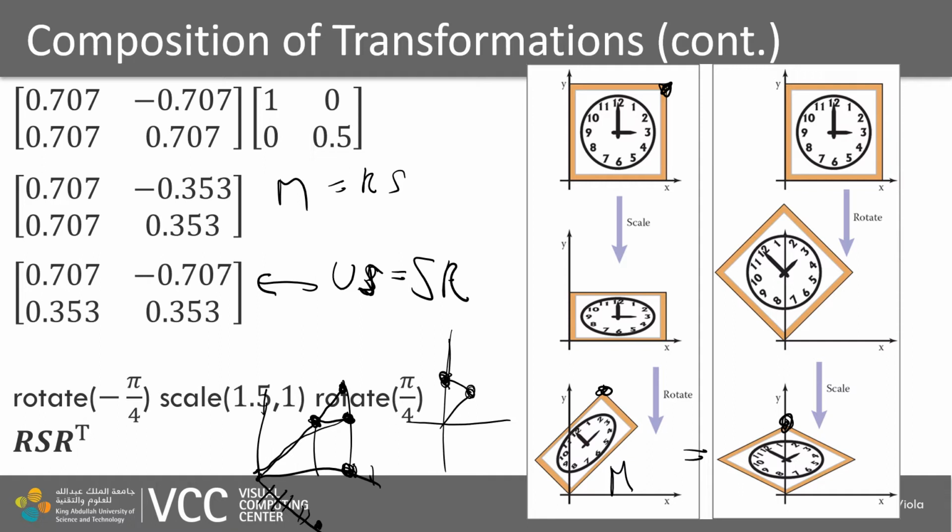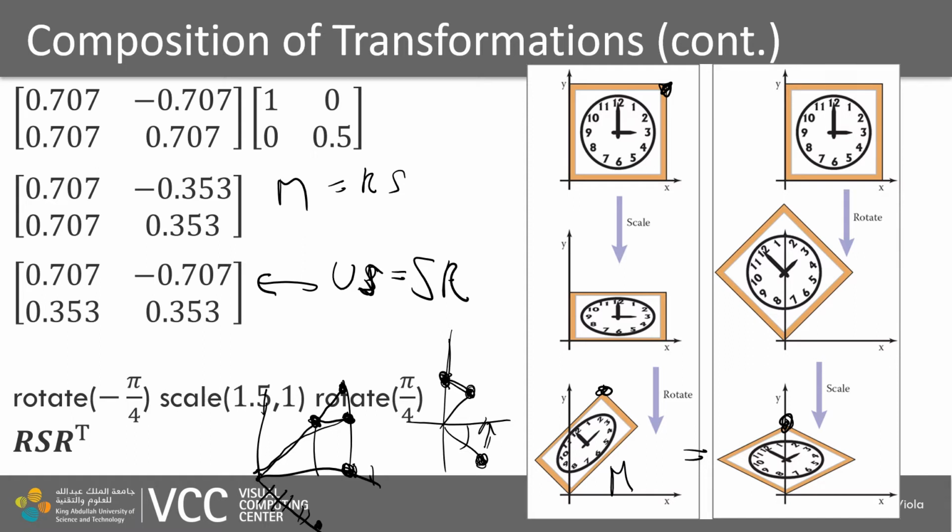But x is 0, so it will not be scaled at all, and 1 will remain the same, and then we will rotate it back. So to this point, nothing will happen. And what will happen to a point which is originally at a position minus 45 degrees from the x-axis? It will be rotated into the